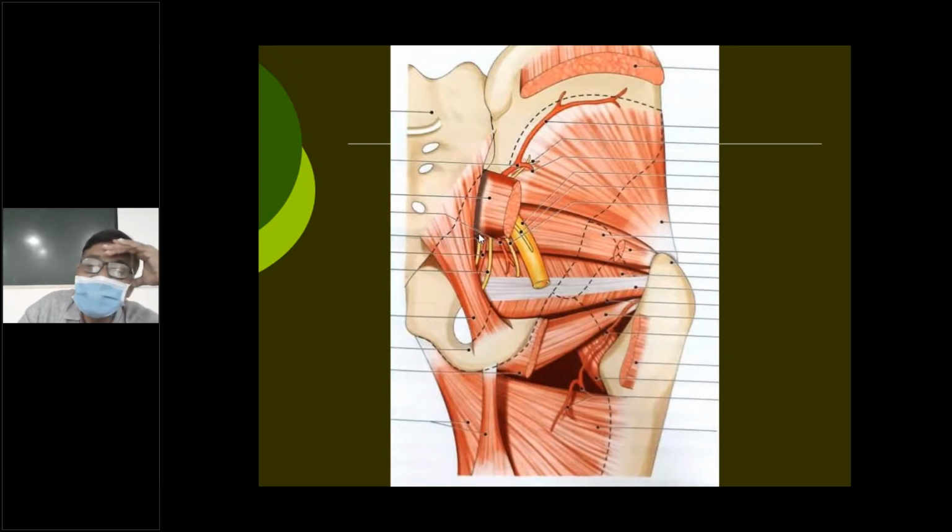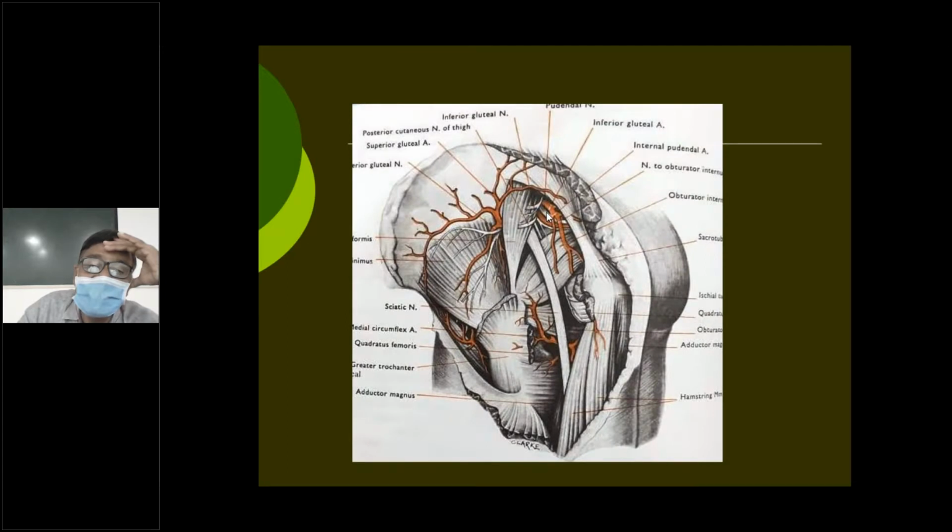They come out here through the great sciatic foramen, below piriformis, and then re-enter through the lesser sciatic foramen. What do they do after entering? The nerve to obturator internus supplies obturator internus. The pudendal nerve and the internal pudendal vessels are now the main source of supply to the structures in the perineum, so they are going towards the perineum. From here, they continue in the lateral wall of the ischiorectal fossa, the pudendal canal, and they supply the perineum and urogenital region as well. So that is about the famous PIN structures: pudendal nerve, nerve to obturator internus, and the internal pudendal vessels.